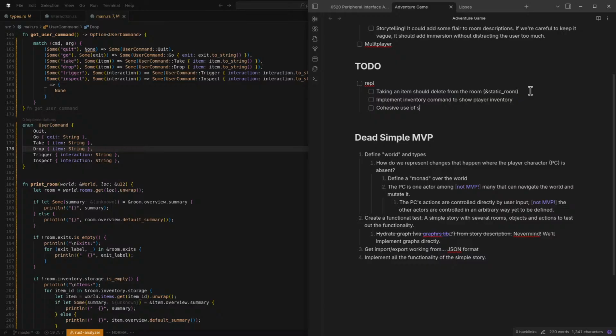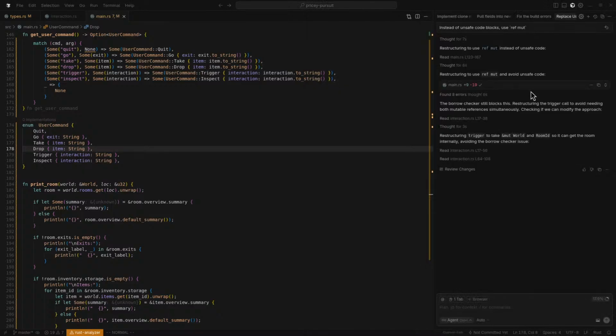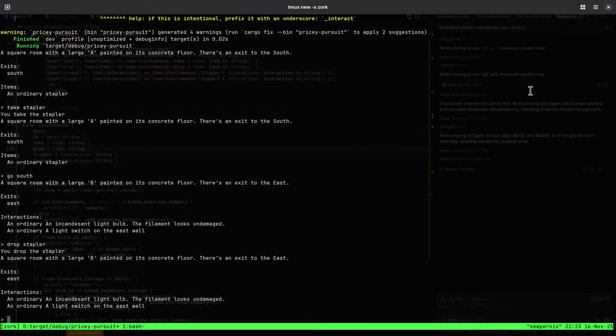Cohesive use of summarize. Man, I'm excited with this. So you can see here our game is kind of starting to take place. Starting to come together a little bit, but man, there's just so much left to do just to get it past that last little bit. But I think we've made good progress. Yeah. So this is exciting. All right. Well, I guess I'll catch you all